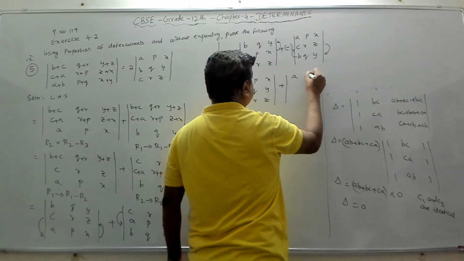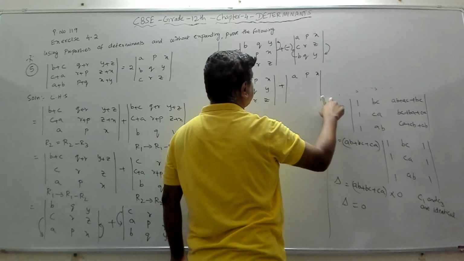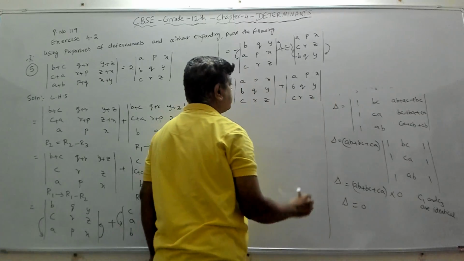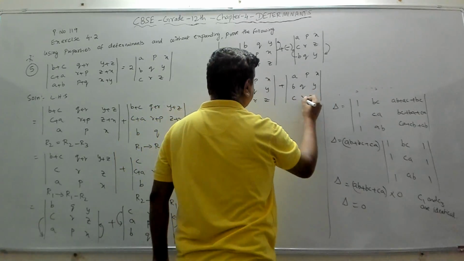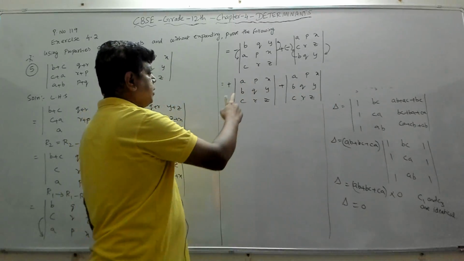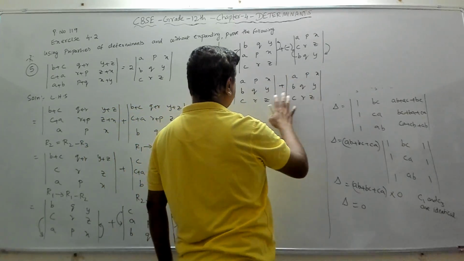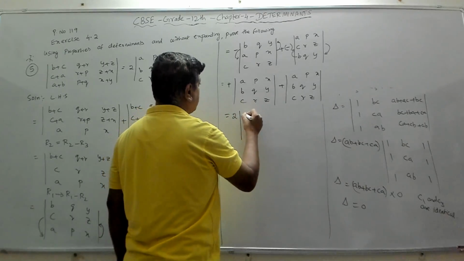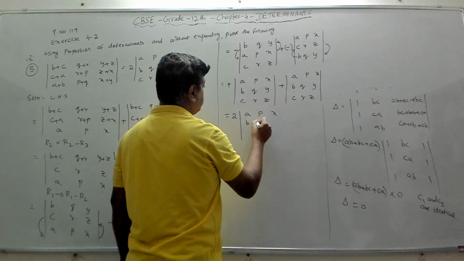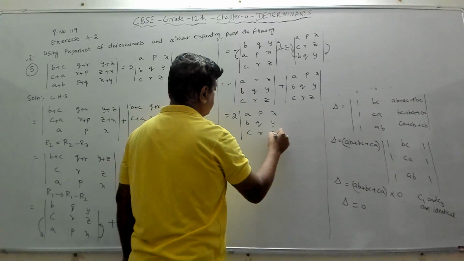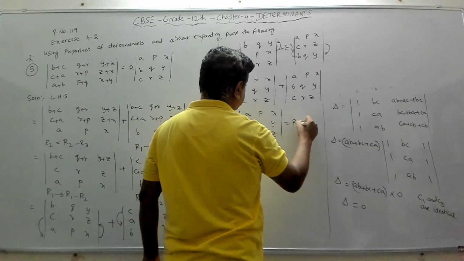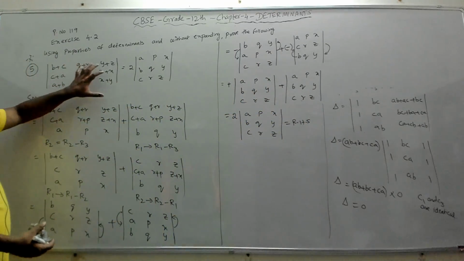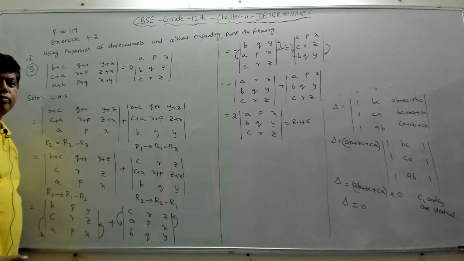So you'll get the first row is same. We are interchanging the second and the third row. So BQY will go up, CRZ will come down. Now if you observe these two, both are same. APX, BQY, CRZ, CRZ. So both are same, then it will become 2 times determinant of APX, BQY, CRZ. So this is our right hand side. So we have proved, we started with this and we have proved that the value of this is equal to 2 times this. Fine.